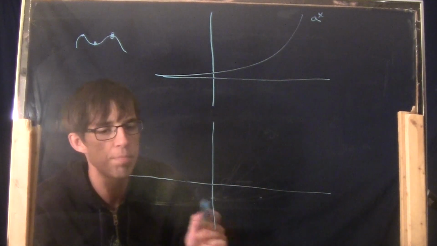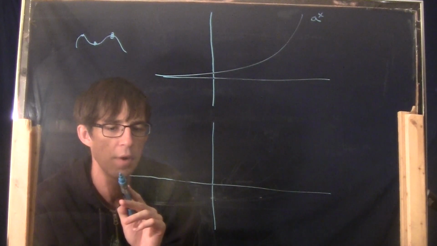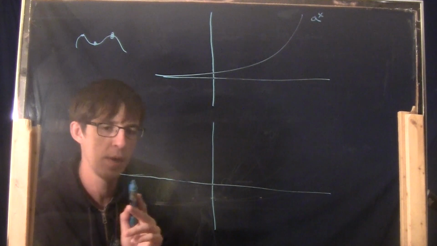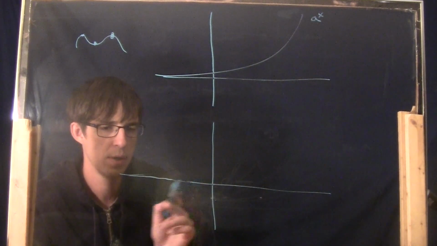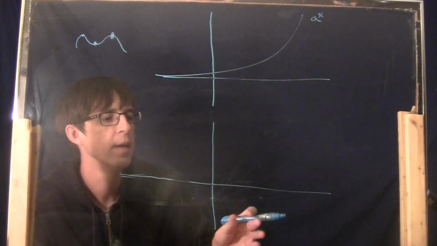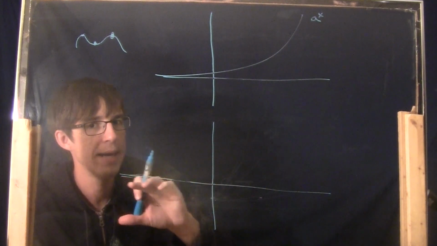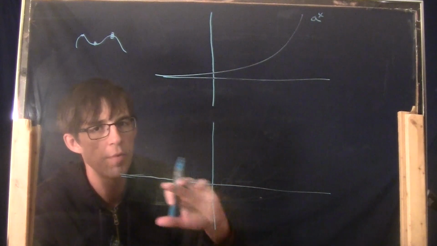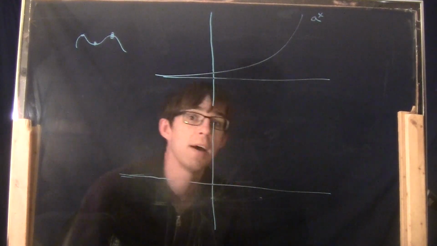Whatever I draw here, it must approach 0 as you go to the left. So either it's something that looks like that, as an asymptote it comes over this way, or it's something which looks like that, right? Either way, it has to approach 0 as it comes off to the left here. Although I don't know if it does so from above or from down below. That would have to do with